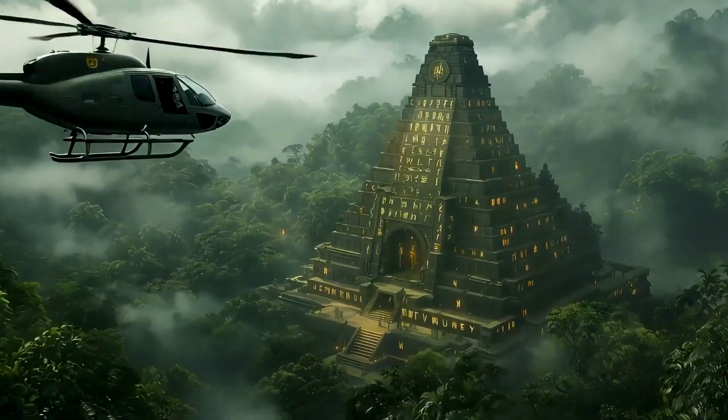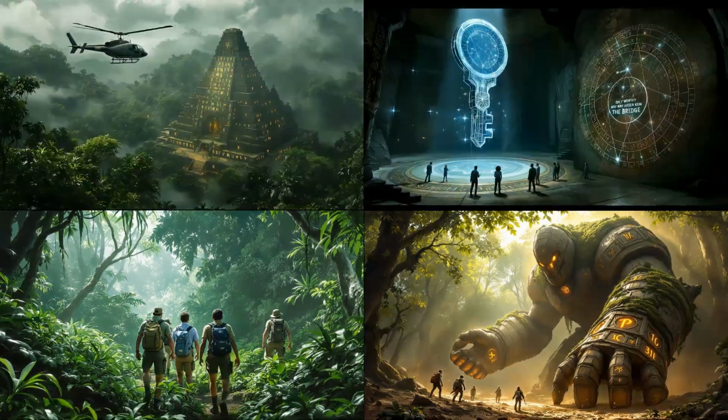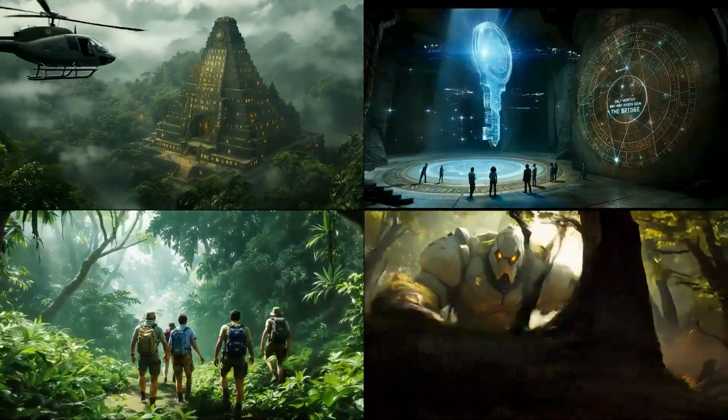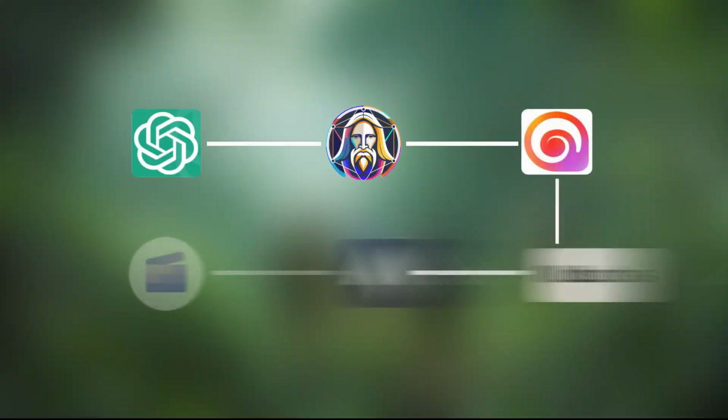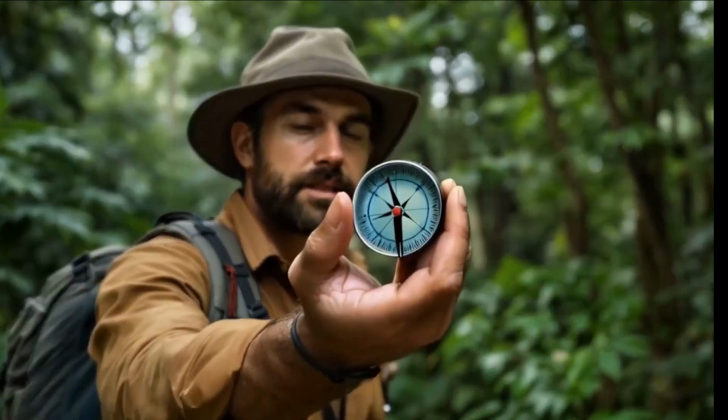Let me show you how to create amazing movies using AI. We will take still images and transform them into stunning storytelling scenes. I will show you how to do it step by step. I will also show you how to make your characters move their lips